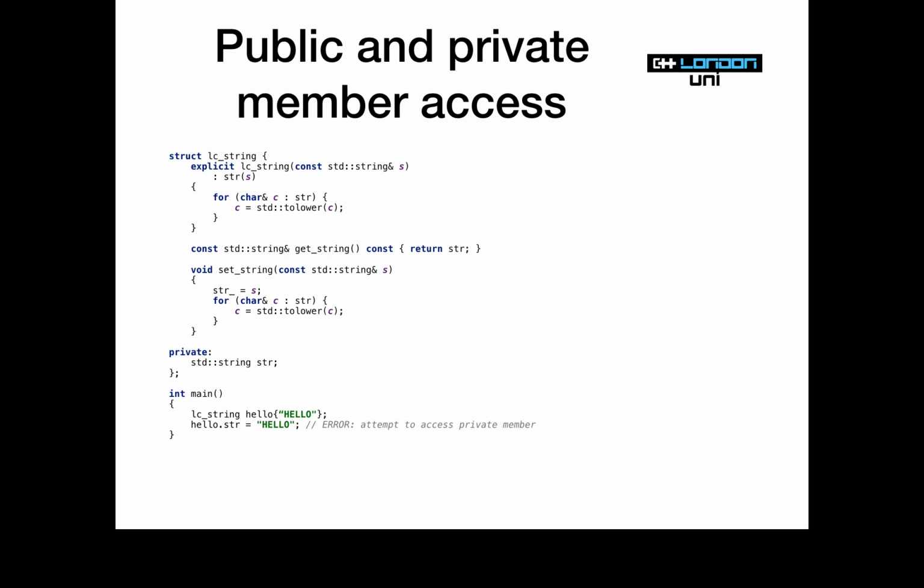Okay, this is what's called the member initializer list for the constructor. So this is saying when you initially create this member, I want you to create it from the string that we were given. So this is nothing to do with private or anything like that. This just initializes our member. Makes sense.